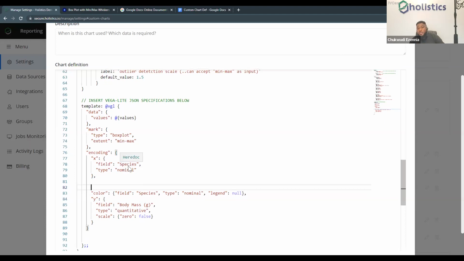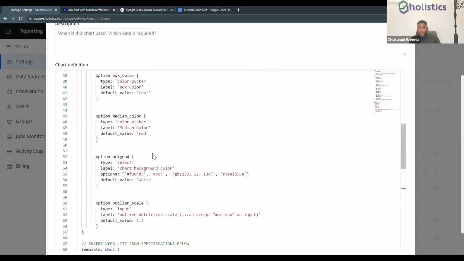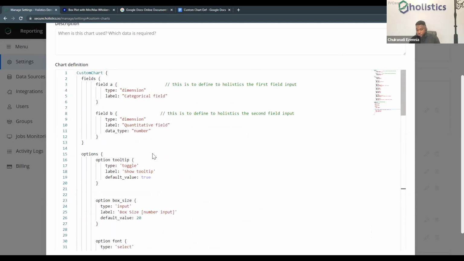So the first thing we notice here is that the field is defined as species, which is most likely a dimension name from the particular data set that was used as an example in Vega-Lite. But we don't want to work with this. On our X-axis, we have the categorical field. So whatever our users pass in as a categorical field, that particular dimension should be what Holistics reads and feeds to that visualization. That is currently called field A here.